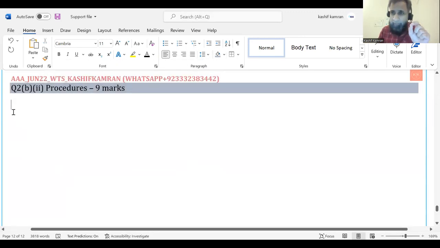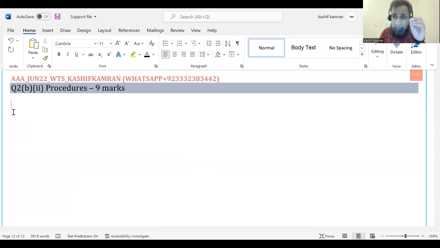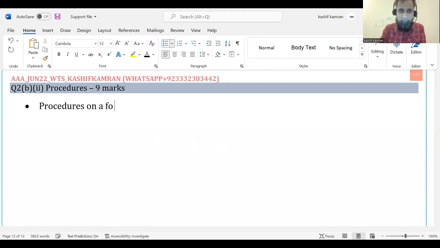Okay, now whenever you're writing a procedure on a cash flow forecast or a profit forecast, you get to write procedures on a forecasting exam, which is a very favorite topic of the examiner. What can you do good? First of all, you need to write procedures which are from the assumptions given. So when you are writing procedures on a forecast, whatever the forecast is, currently it's the cash flow forecast, right? Procedures on a forecast, focus on procedures first,